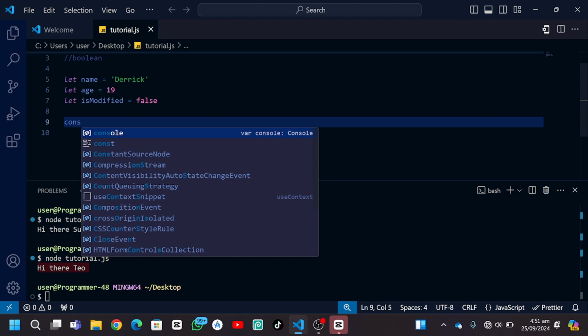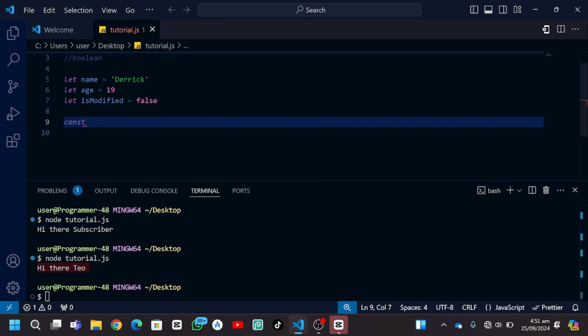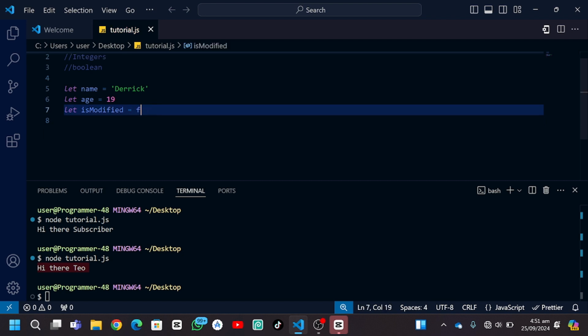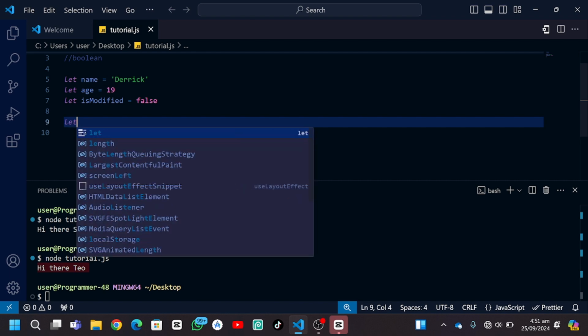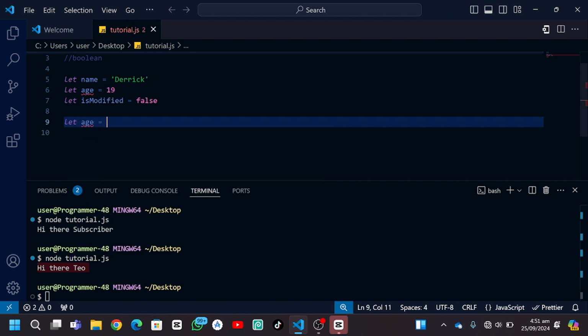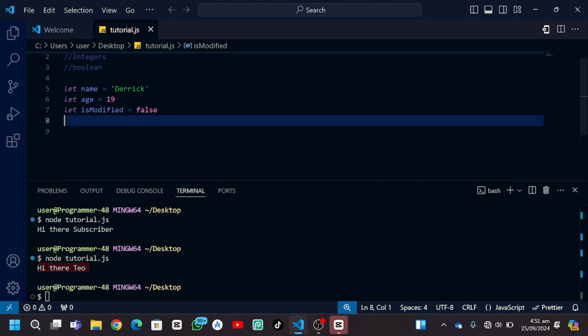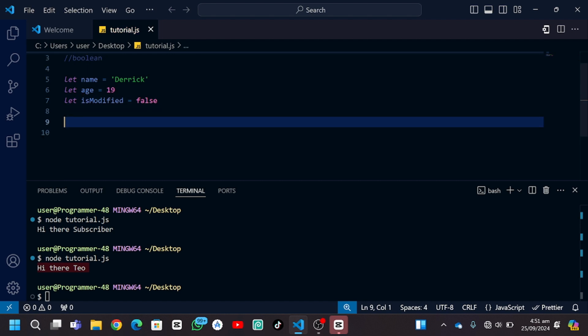Const is basically constant. The const keyword basically represents a constant. So for example, if I set the age with the let variable to 19, I can also set the age variable again to be equal to something else, and then the code that comes beneath the first one is going to be the one that's considered. But when you use the const variable, it makes the keyword